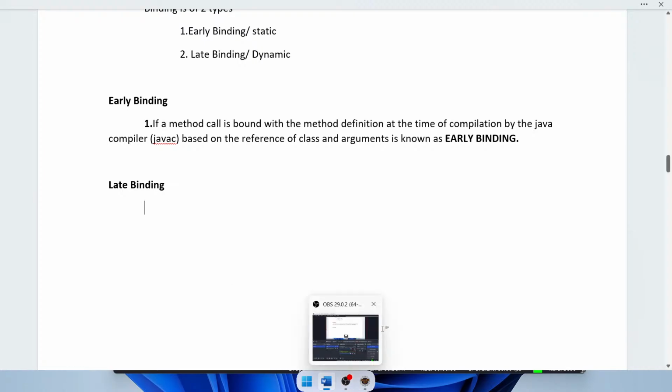Is it working or not? Yeah. Now, is everyone clear about early binding? Any doubt in early binding? Don't worry, I will explain with an example. Up to this, any doubt? If a method is